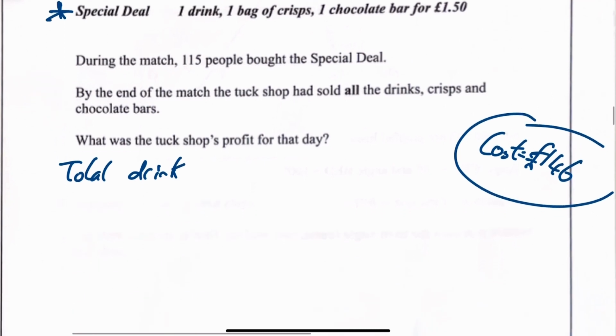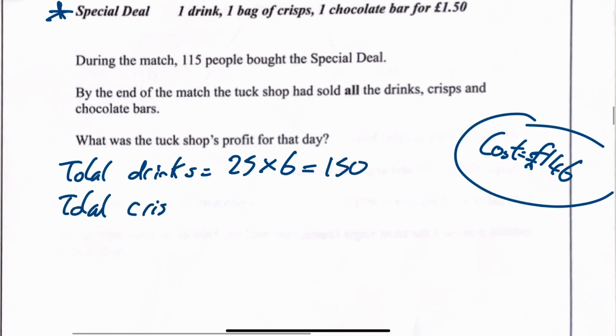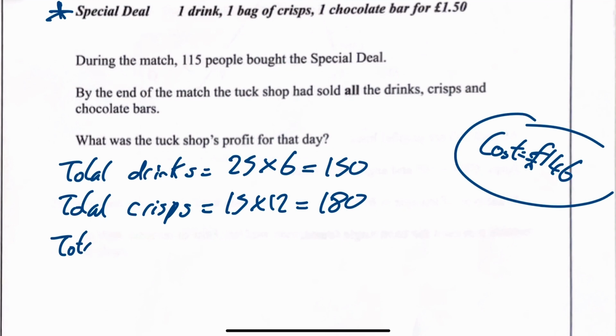So your total drinks in, you had 25 packets, each containing 6, which is 150. Your total crisps, you had 15, each containing 12, which is 180. And your total chocolate bars, you had 35, each containing 5, which was 175. Okay, now